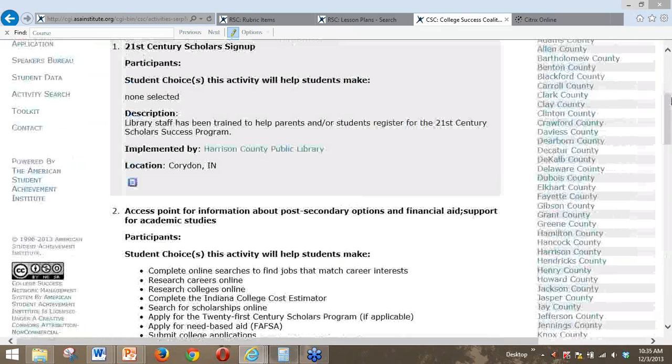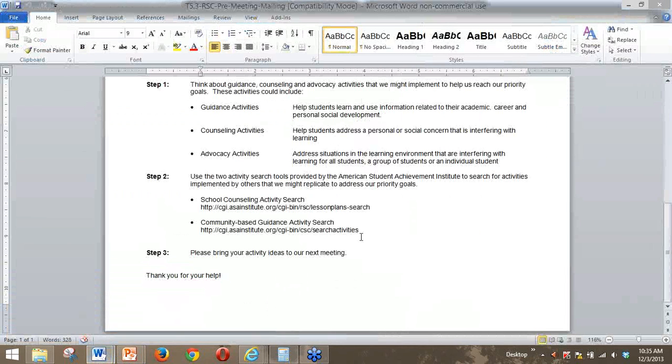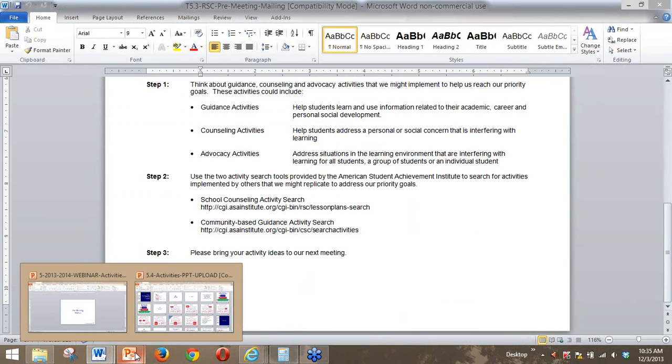It may also be that the librarian comes to your school to implement these activities as classroom guidance activities in your building for every student. So there are lots of different ways to get different folks involved in delivering your guidance program. Okay, so back to the letter. This is the memo. Basically, the memo is just reminding people that we have priority goals and root causes, and then we're asking them to do a little bit of playing around with searching for activities before they get to your meeting. Okay, so let's go back to the slides.